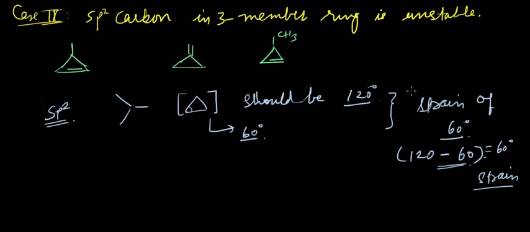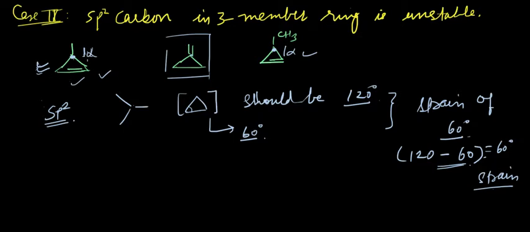So hence this compound would be the least stable, and this would be the most stable, right? So what about the remaining two cyclopropane rings? If you look at the number of alpha hydrogens for this compound, it is having only one alpha hydrogen, and for this compound it is also having only one alpha hydrogen. So the stability of both would be